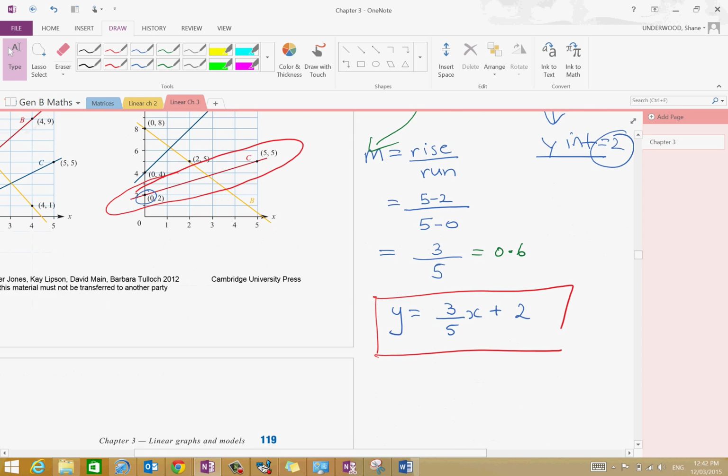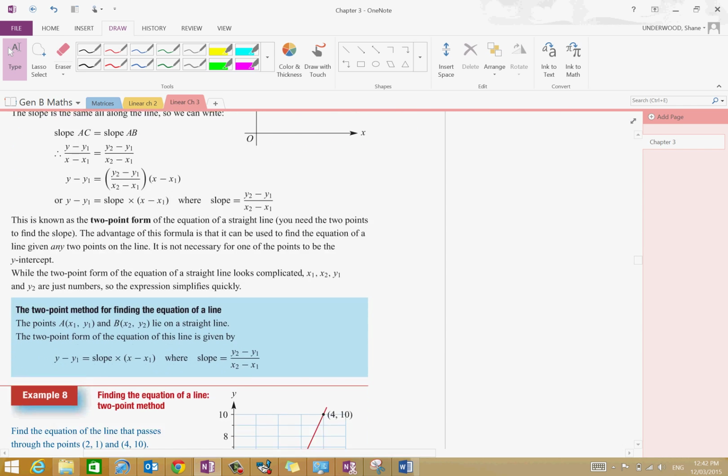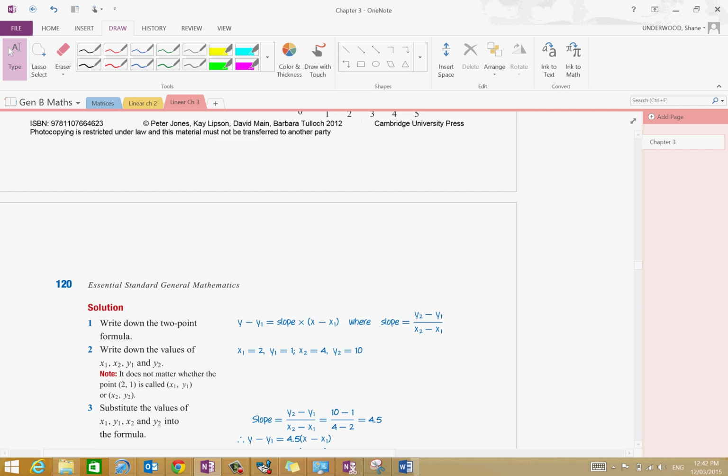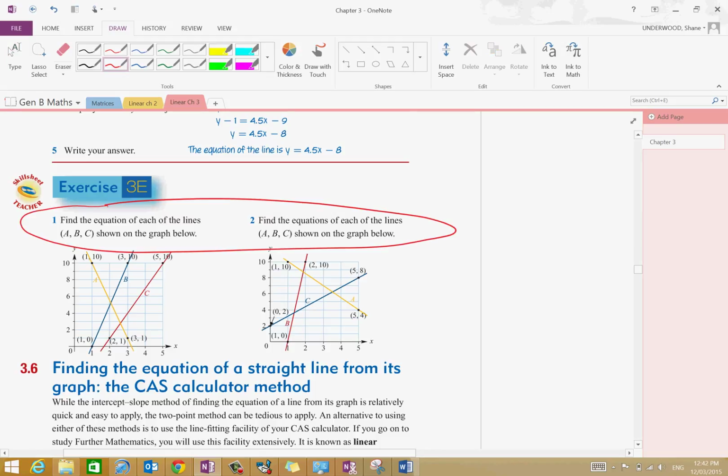I hope so. Because the last thing is, and I'm going to show you here, when we're getting to 3e, it's then asking us to find the equation of these lines. Look at that. It's like 2 questions. Okay, so 3a to e has to be done